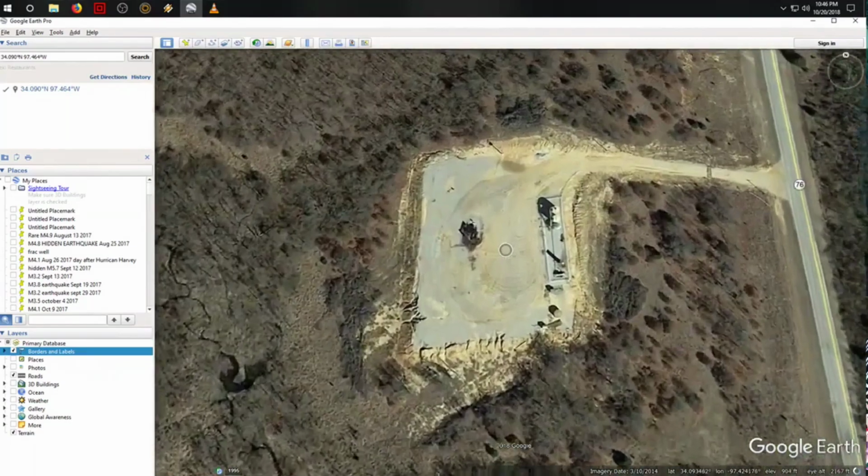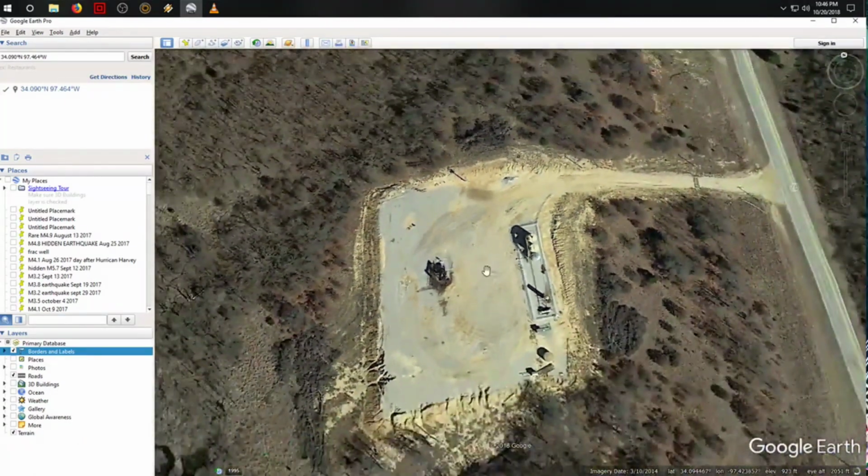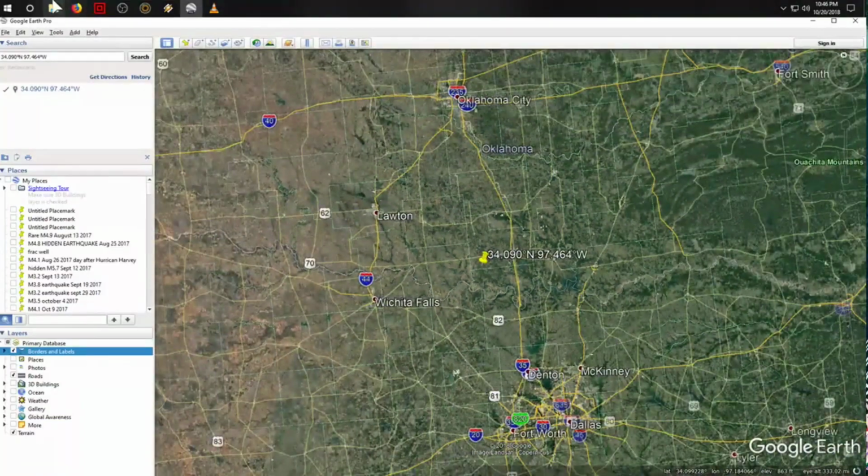So where are we? In Oklahoma? We're at another drill point. There's the jack and the pump, the wellhead, and so forth. But I want to get back over to the West Coast, guys. We got a volcano doing something over on